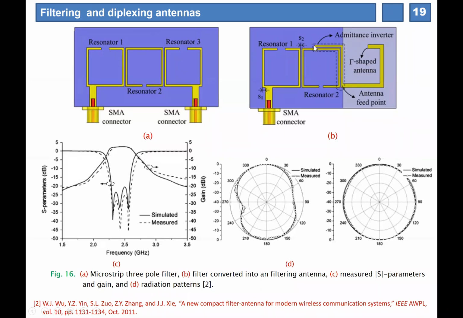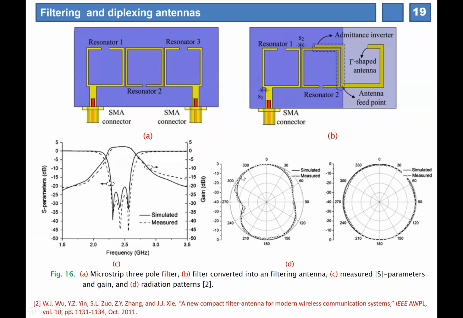Here that extra arm length is there to match the antenna with this resonator, and that matching is basically done by an admittance inverter, as it is commonly termed in filter designing. That is basically performing the matching between the antenna and the resonator. You can even design some other types of coupling schemes to match this.